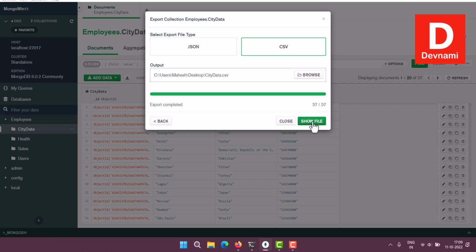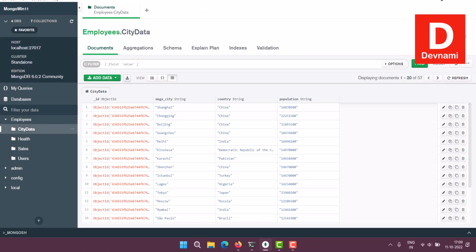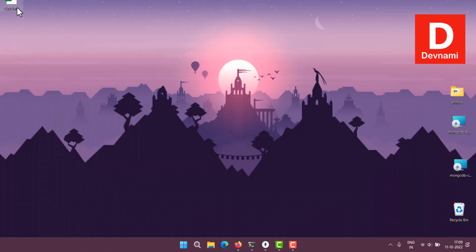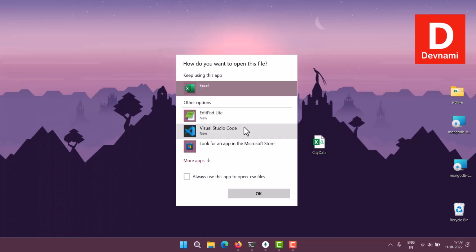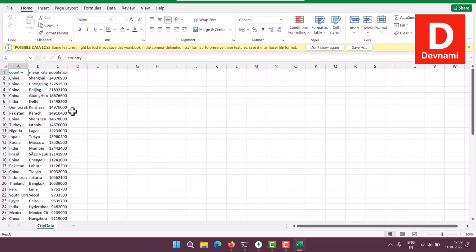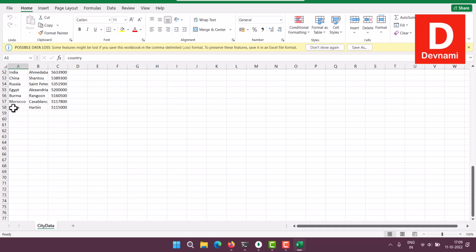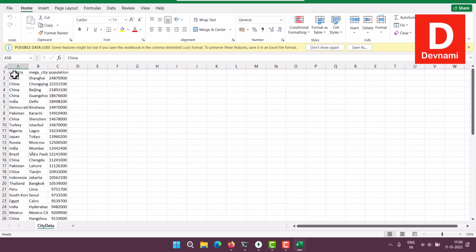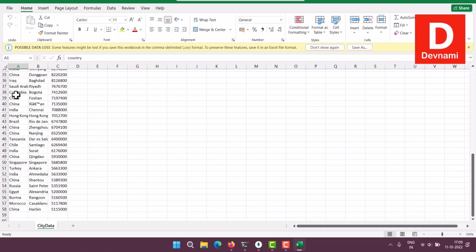You can click on show file or close this, right? Now what I'm going to do is click on close. Now here you see we have the city data file exported, right? And I can double click on this, so it gives me the option to open this. I can use Excel, click OK. So it will open in Excel, and here you see a total of 57 rows. First row being your header, country, megacity, population. Then you have the rest of the data,